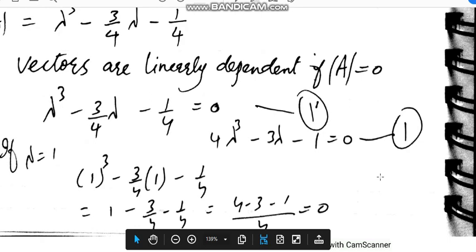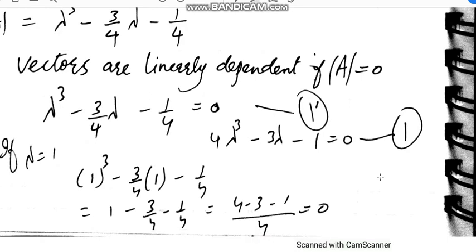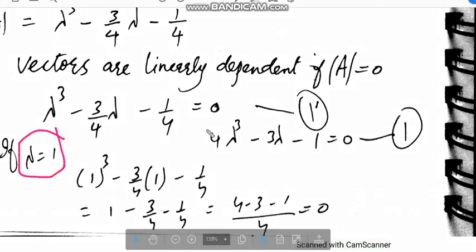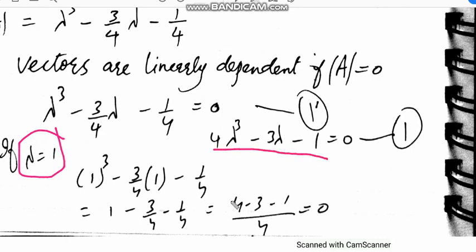Now we have to find one of its roots that satisfies this equation, and I have checked that lambda is equal to 1. When I put lambda equal to 1 in this equation, it is equal to 0. So lambda equal to 1 is a root of this equation. If lambda equal to 1 does not satisfy this equation, then we try lambda equal to minus 1. If that is not possible, then plus 2, minus 2, plus 4 and minus 4. Where are these coming from? They are the factors of the constant product, minus 4.